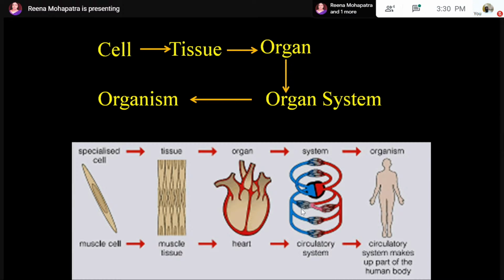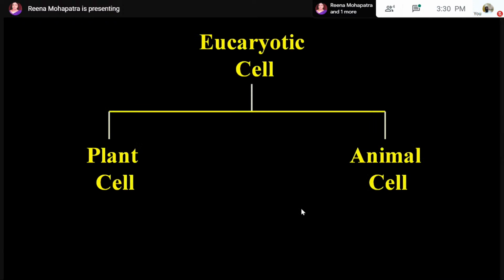Cell and organism. Okay. Is there any question, viewers? You can ask me. I guess we can discuss this chapter further in more detail with you, Ms. Mohapatra, in upcoming sessions. The information which you shared today was very informative and valuable for our 8th standard students. Thank you for joining us today.